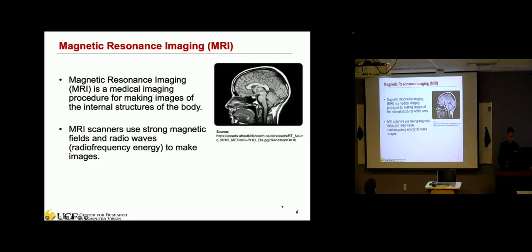So today we'll talk about MRI, which is magnetic resonance imaging. This is also a type of modality that is able to make an image of the internal structure of the body. The MRI scanner uses a strong magnetic field and also radio waves. The radio wave basically sends energy to disturb the magnetic field, and later the detector will be able to collect the remaining energy to form an image. Okay, so that's a different mechanism to generate the image.